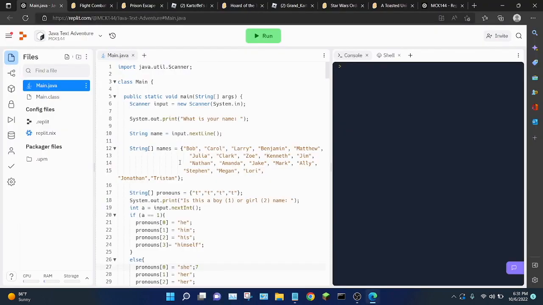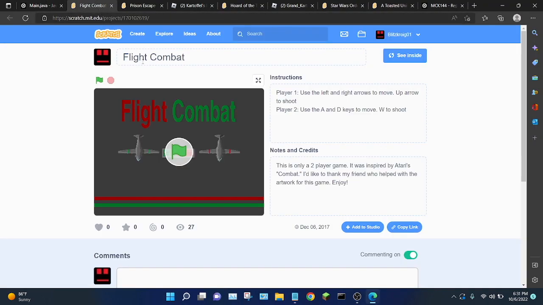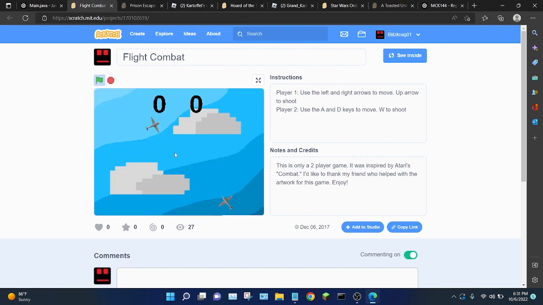Number 17 on our list is Flight Combat, made using my Scratch account. I made this, I don't know, maybe in 6th grade or something. This was inspired by the ASCII game called Combat, so I just added flight to that. And all it is, you click the start button and you're given 2 different planes that you can fly either with WASD or with the arrow keys, and you would just shoot at your opponents and try to knock them out of the sky. And man, is that sound effect terrible.